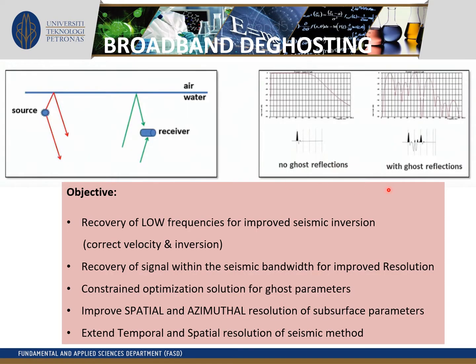So the next technology I'd like to propose is broadband deghosting, especially for a shallow section where there's a high tendency to have a lot of ghosts in the shallow region. The objective of deghosting, first of all, is to recover the low frequencies for improved seismic inversion, also to correct velocity and inversion, also for recovery of signal within the seismic bandwidth for improved resolution, constrained optimization solution for ghost parameters, improve the spatial and azimuthal resolution of subsurface parameters, and lastly, extend temporal and spatial resolution of the